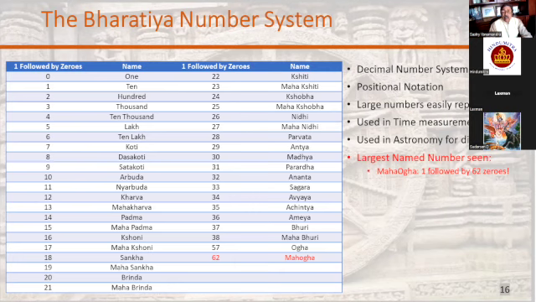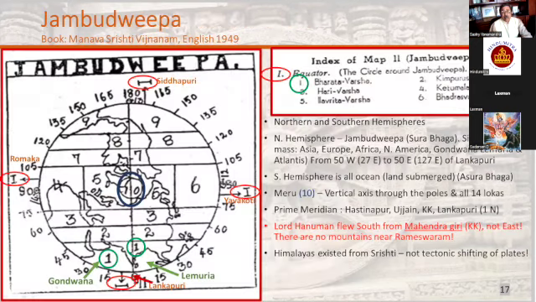So now the question is, what is Jambudvipa? We have heard this name over and over again, but what is Jambudvipa? And here Panditji provides a drawing based on his readings, and this is his reconstruction of what Jambudvipa is. So we're showing the Earth over here, but I do want to point out that this is an aerial view of the Earth. So what you're looking at is the northern hemisphere.